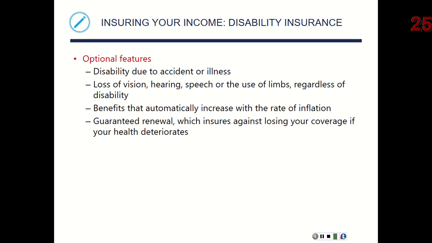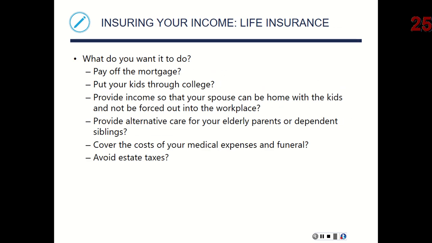So those are all things that we can add on to it if it's a specific illness or a specific accident, kind of like I mentioned before with a cancer policy. Looking at what type of accident, did you lose your hearing? Did you lose your vision? Did you suffer some sort of brain injury? All that stuff can be factored in to what your coverage is. And once again, as part of our homework, I want you to look into what a disability policy would cost.